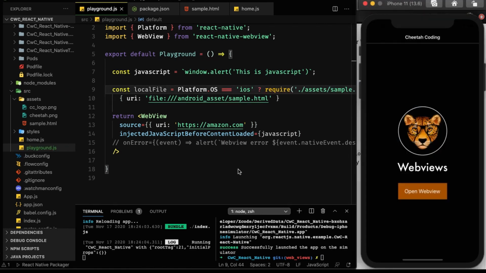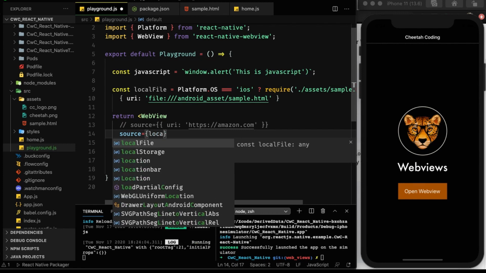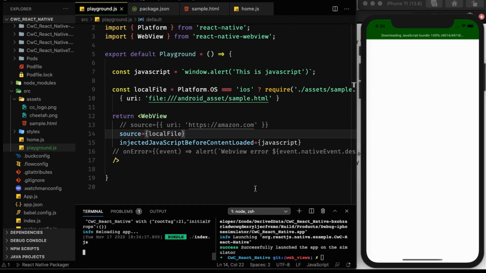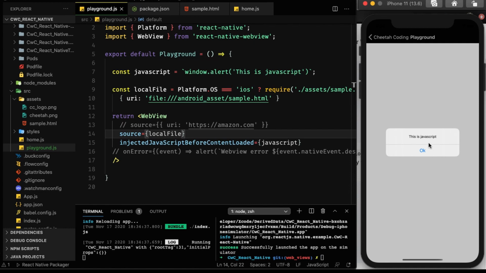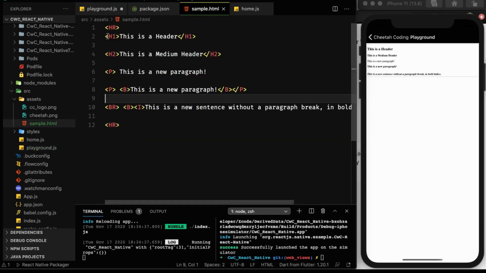Okay. So now actually loading it is pretty easy. We can comment this line out, and I want to do source localFile. And that's it. So let's restart the app. Let's go here. You can see we still have this in there. And then we load our file. So I'm going to comment that out too. So this is the HTML file. You can see this is a header, this is a medium header, etc. The text is very small. You can change that yourself using the font sizes, but I just wanted to show you how to actually load